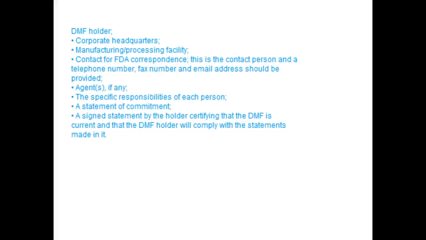The name and address of the following must be provided: the DMF holder, corporate headquarters, manufacturing and processing facility, and contact for FDA correspondence, where a contact person, telephone number, fax number, and email address should be provided; agent if any, and the specific responsibility of each person; and a statement of commitment, a signed statement by the holder certifying that the DMF is current and that the DMF holder will comply with the statements made in it.